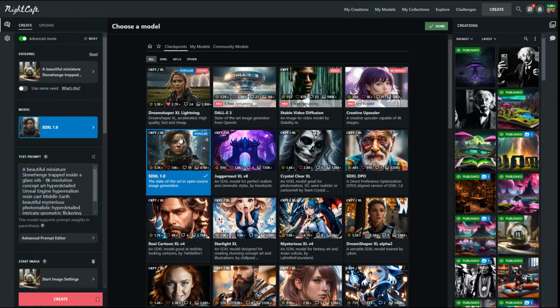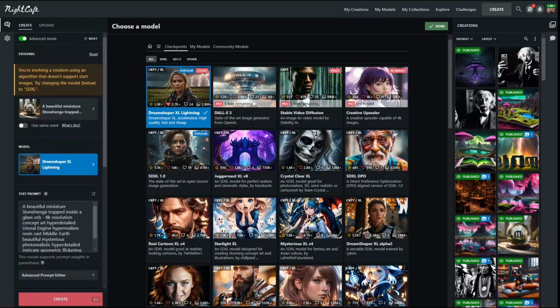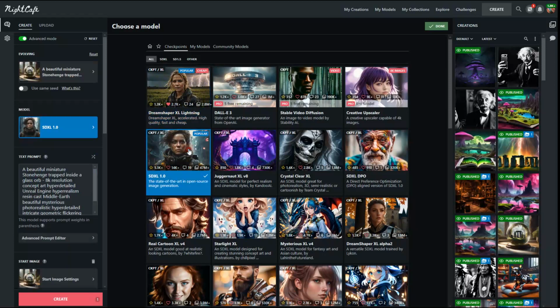Now another one that's really popular is this one that says it's popular and it's cheap. This is basically half price. So if I click on it, you notice it goes down to 0.5 credits. So if you wanted to make some and not use too many credits, you can always use this very first one called the Dream Shaper XL Lightning. I'll go back to this one here.